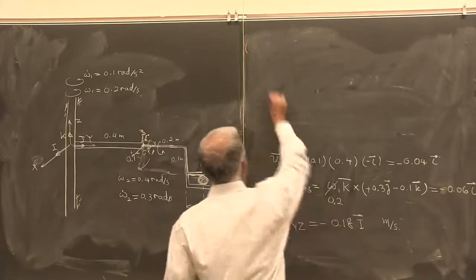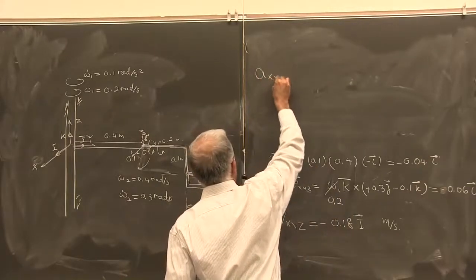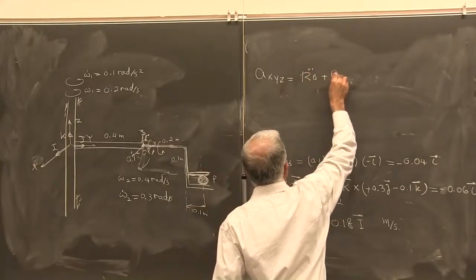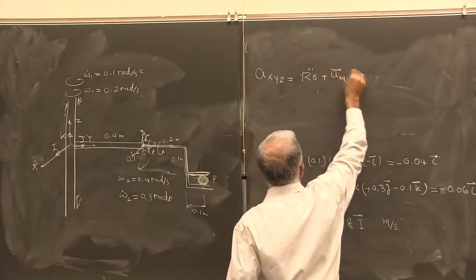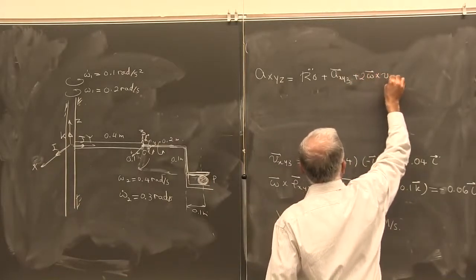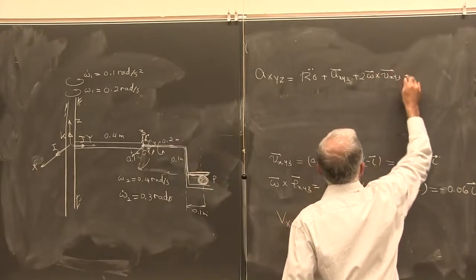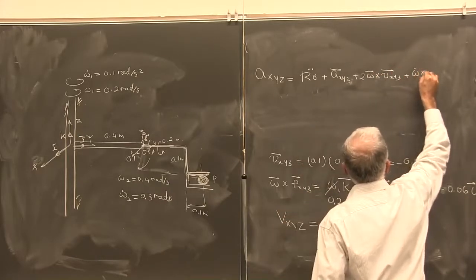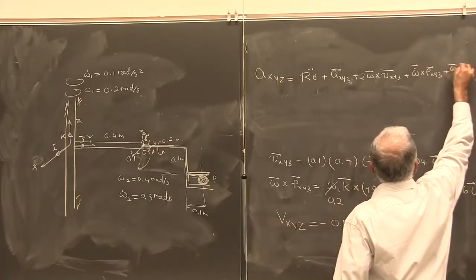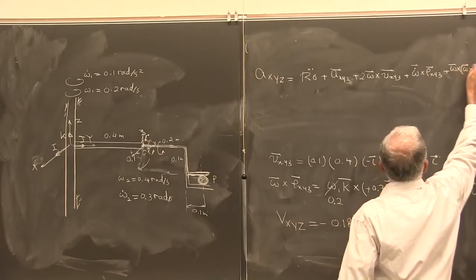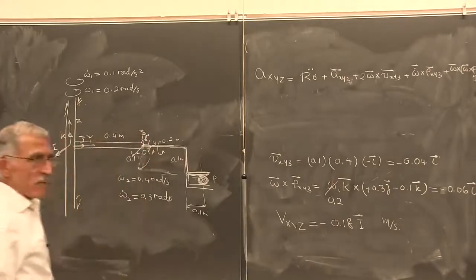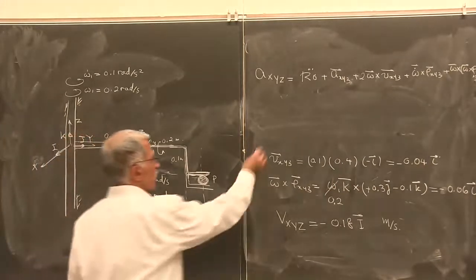So acceleration with respect to the main reference frame is equal to R double dot O plus AXYZ plus 2 omega times VXYZ plus omega dot times rho XYZ plus omega times omega times rho XYZ. We derived this equation for you. Now we implement it. R double dot O